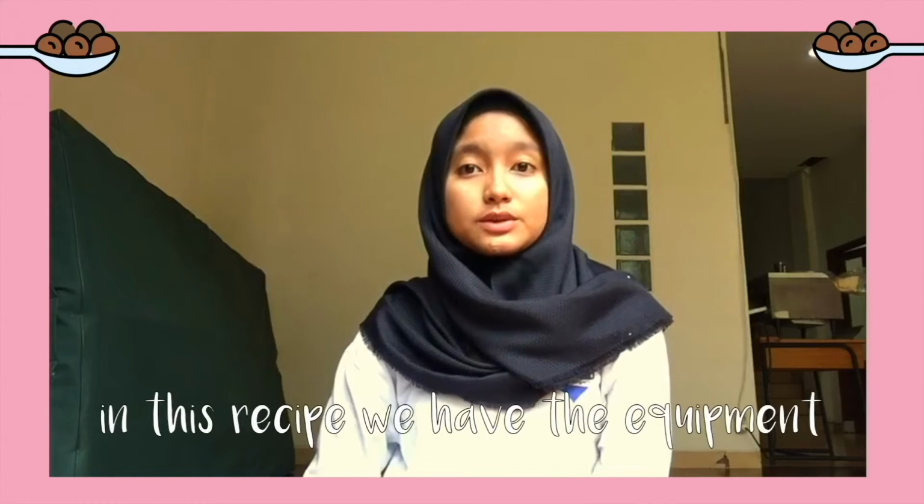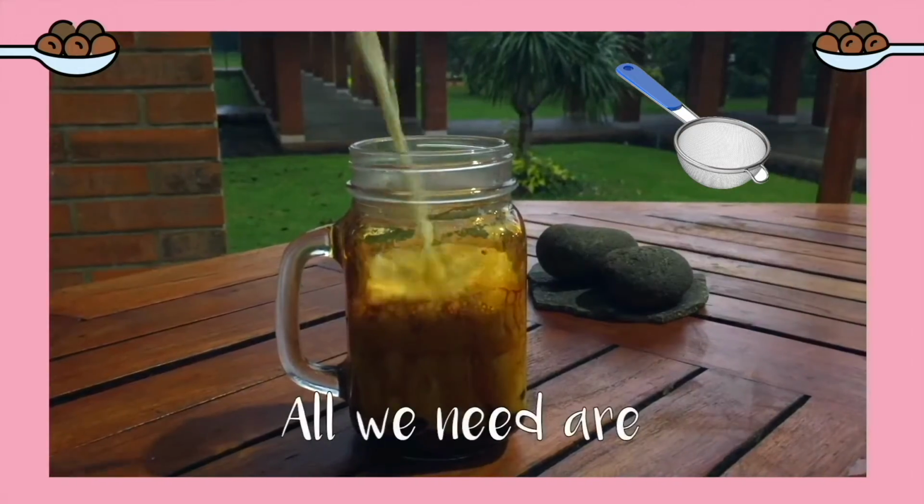My name is Yami. So we are going to cook boba. In this recipe, we have the equipment: bowl, pan, saucepan, spoon, tray, spatula, and drainer. All we need are